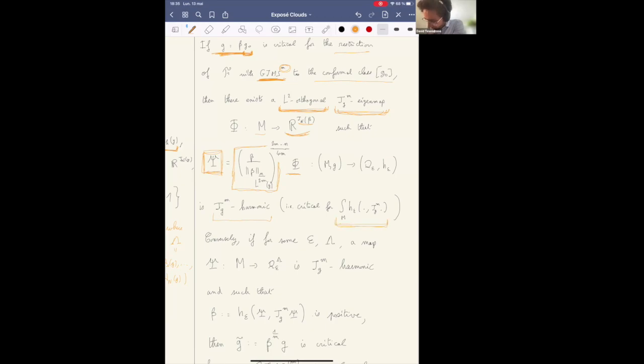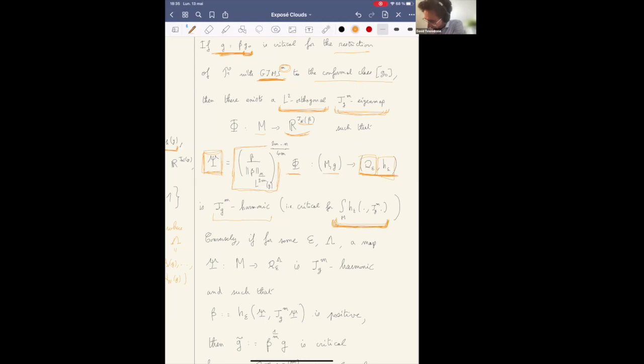So the map psi sends Mg into some quadric. Okay, so just the same kind of quadric as before. So for some epsilon that relates to the first order partial derivatives of the f sharp, we have this quadric Q epsilon, and with the quadratic form H epsilon, out of H epsilon we can define an energy,